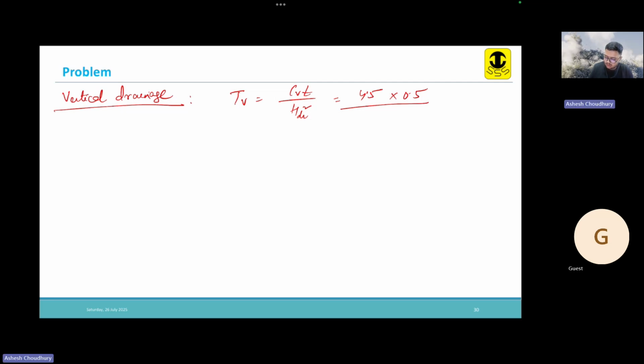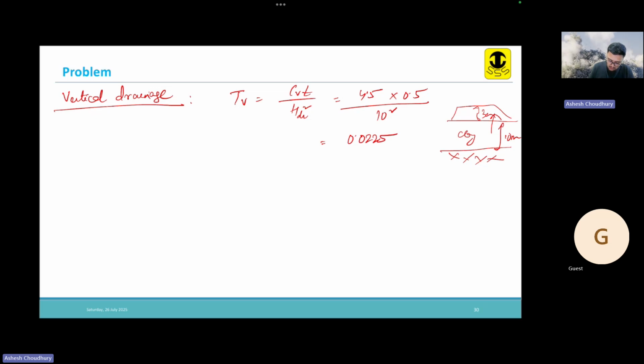So the clay is like this. Okay, this is clay. Here we are making the embankment, and here it is impermeable. So vertical drainage can only happen on one side. So HDR is 10 meter, so 10 square. So this will come out as